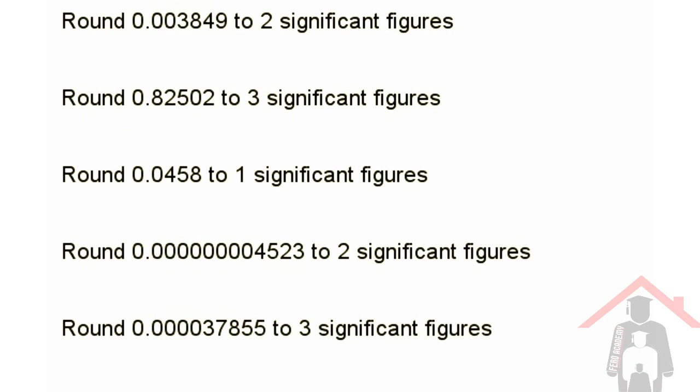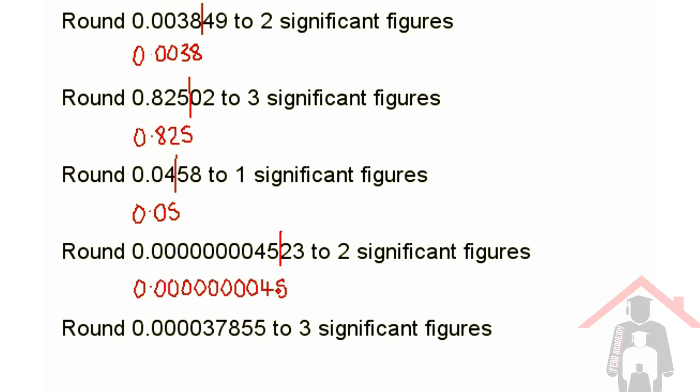Here are some questions for you to try. Press pause and have a go at them. When you're ready for the answers, press play. Ignore the zeros, count 2 non-zero figures. This will be 0.0038. This will be 0.825. This one is going to be 0.05. For this one, it will be, and for this one, we have,